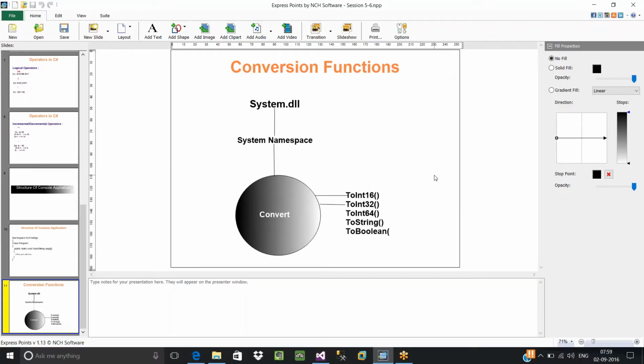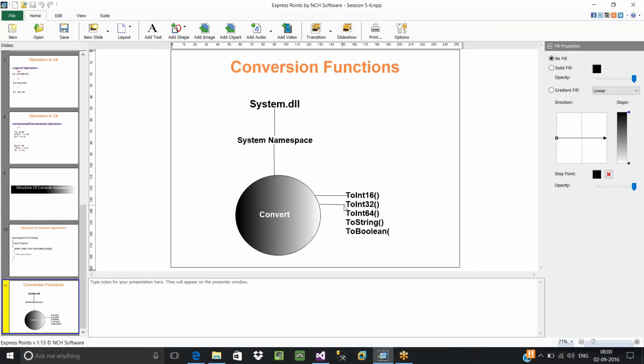Now, whenever you need to convert one data type to another data type, you need to make use of these functionalities. So how to use this functionality? Let's say, for example, I'd like to convert some string to Int32. You need to make use of Int32. But if you just write it as Int32, the system doesn't recognize it as a valid method, because the system doesn't know anything about ToInt32.